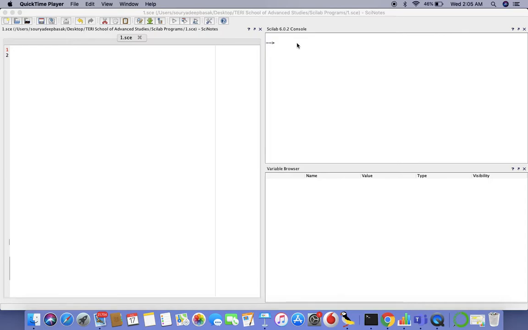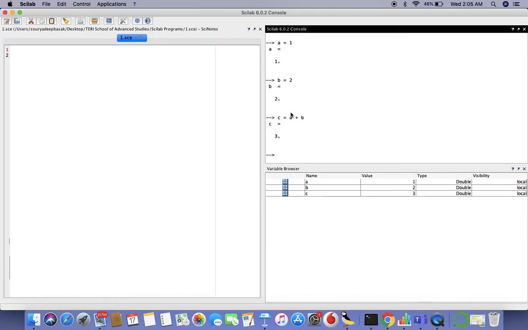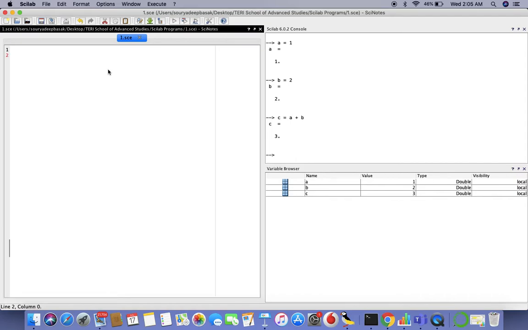So in the last video we mentioned the shortcomings of the console, in that it executes one line at a time. Just to revise, let's say we have a equals 1 and b equals 2 and we want to know what a plus b is, then we get it like this. Before we move on and show how SciNotes, the code editor, gets rid of this problem by agglomerating your code and running it all at once, I would just like to introduce you to a few more